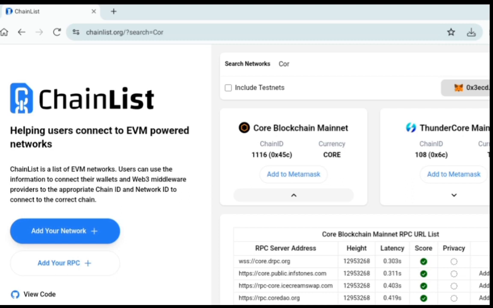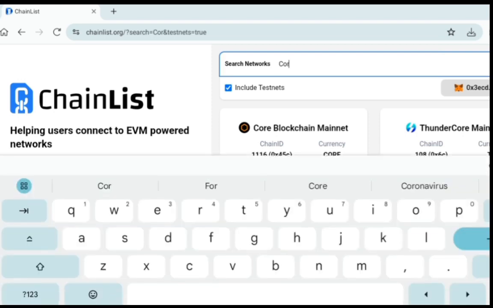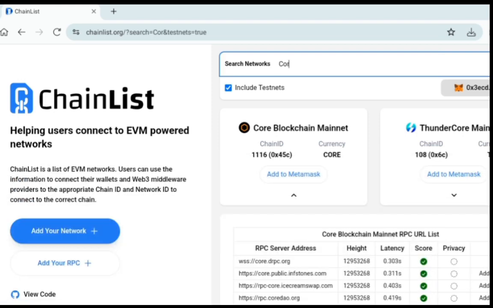If you want to include testnet, click on include testnets, and now you can search for different testnets. Of course, they have to be ones that are verified or popular or something that's trending normally for them to show. But basically, it has a very good amount of database for the chains. Hope you're able to learn